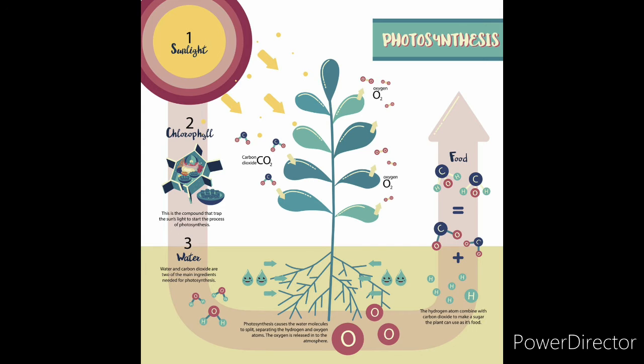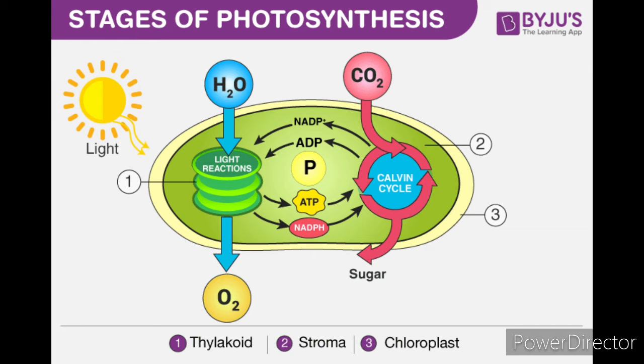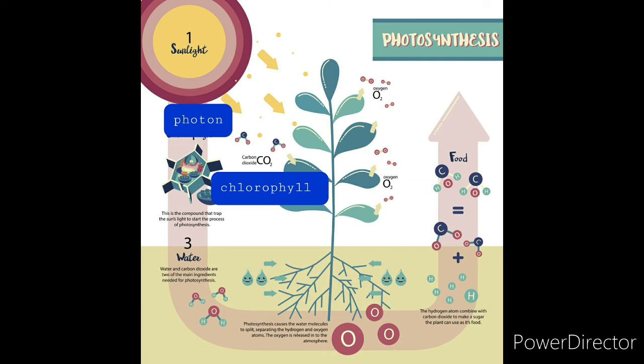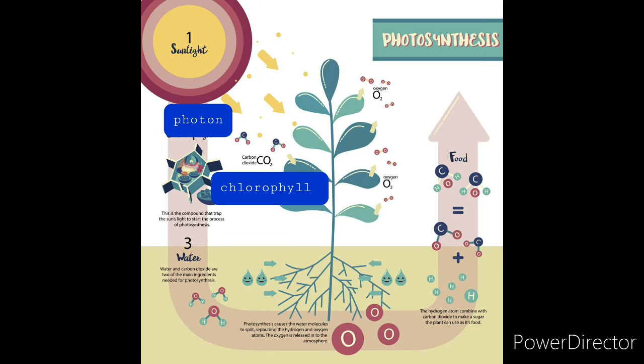Already we discussed this one, right? You can see in the diagram what the processes are. Step 1, phase 1, phase 2, phase 3, right? Whatever the two reactions we discussed, the light dependent reaction and the light independent reaction. Now in the first stage, what will happen? Whenever the light is absorbed by the chlorophyll, it gets excited and utilizes the light, that is the photon. You can see here the sunlight, one of the photons is taken by the chlorophyll. Then what will happen when the chlorophyll gets excited?